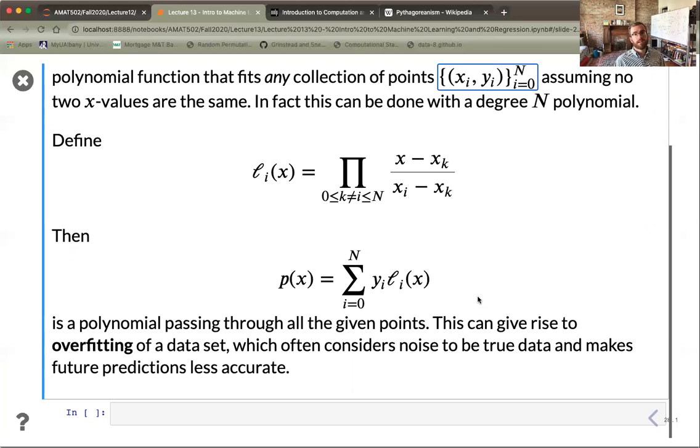But there's a good reason to believe, just using Occam's razor, that we don't always want to use a model that's as complex as the number of data points, especially when we start looking at 500 and 1,000 data points. We don't want to use a degree 500 or degree 1,000 polynomial to fit everything.